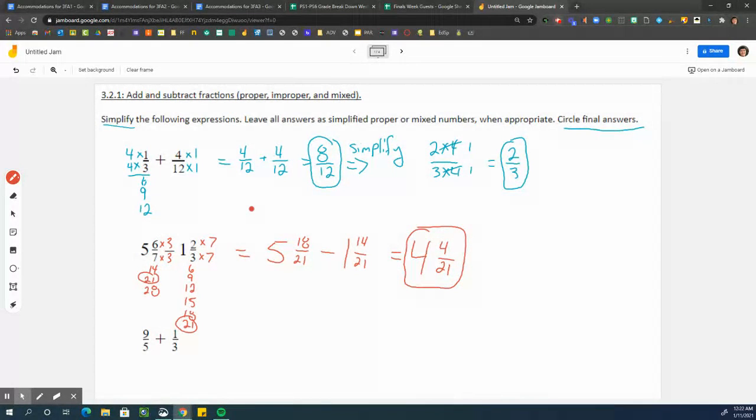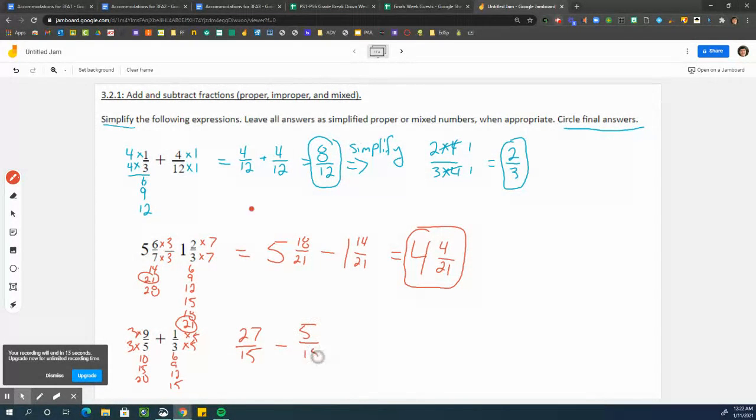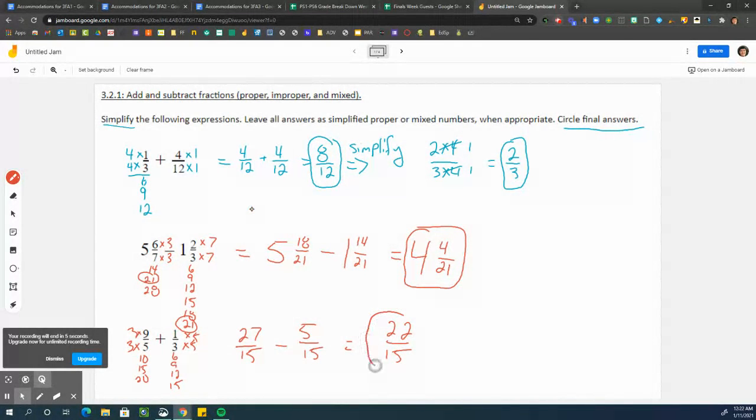The last one, 9/5 minus 1/3. 5, 10, 15, 20, right? We're just counting up, seeing if we can get a common denominator. 3, 6, 9, 12, 15. Okay, so that's going to be times 3, times 3, times 5, times 5. And we get 27 over 15 minus 5 over 15, and that is 22 over 15. Or 1 and 7